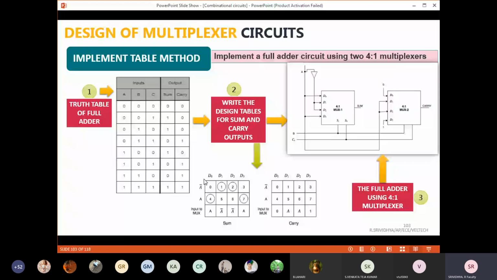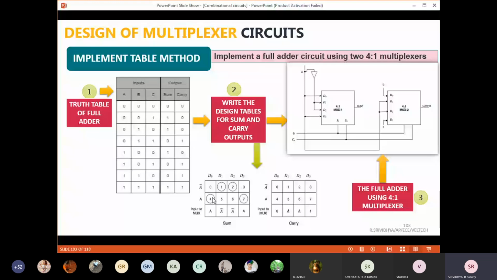I will repeat once again how to form this implementation table. It is not like your K-map. In your K-map, you will be writing it in a different order. But when it comes to the implementation table method, you're going to write 0, 1, 2, 3, 4, 5, 6, 7 continuously. And after that, how you're going to find the output is you're going to go column wise.